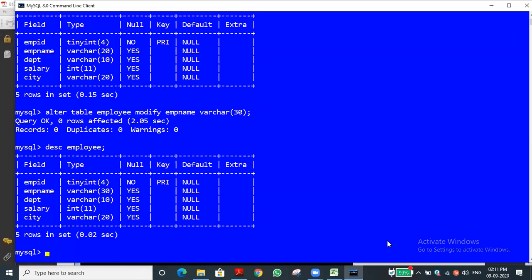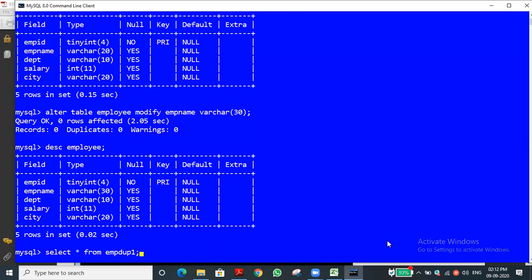Sir, can we modify it for a primary key? Of course we can do the modification, but the difficulty is, as I already said, from a lower value to a higher value we can go, but from a higher value to a lower value it is difficult. Some problems will arise. Okay, let me do this one as you asked.